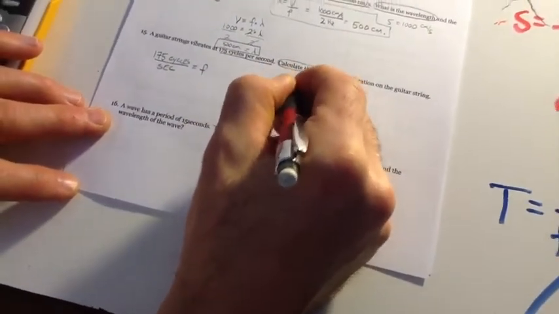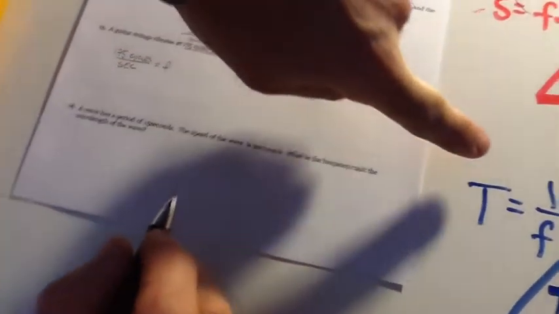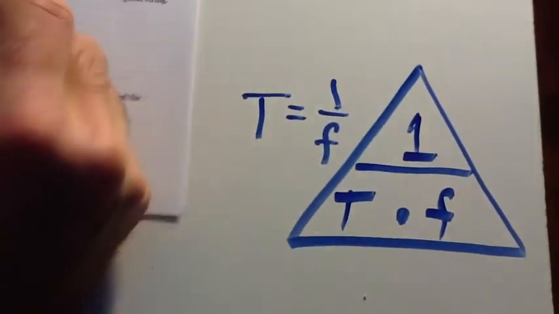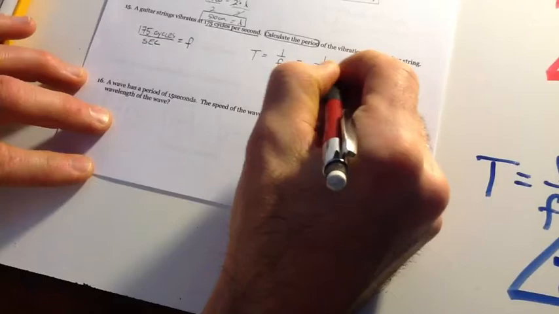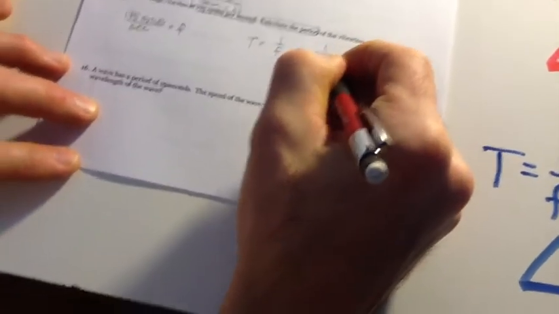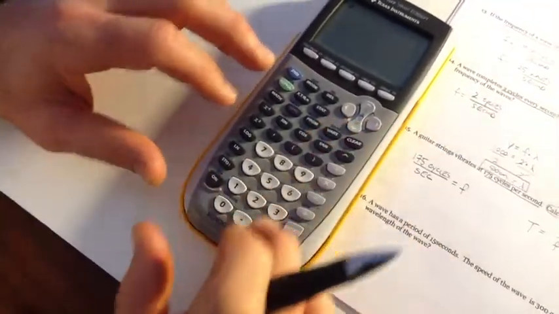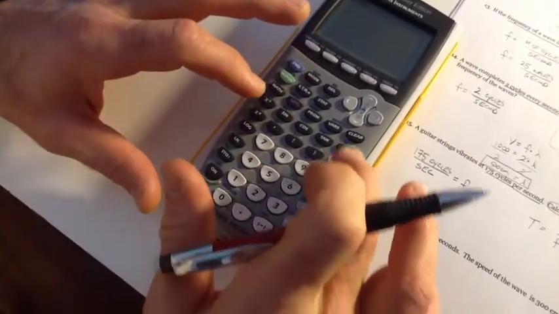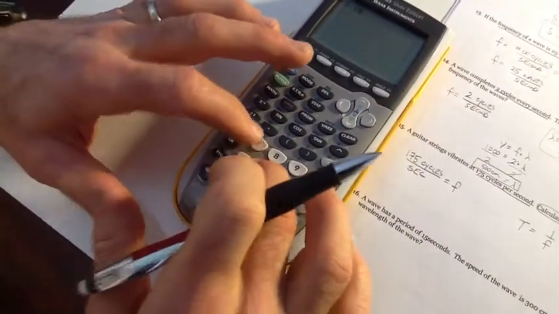Period is equal to 1 over F. This is one of our core definitions over here. We've been given F, so period is equal to 1 over 175 hertz. Again, that's some difficult math if you don't have your calculator, but if you don't want to bring it, that's up to you. So let's say 1 divided by 175. So the answer is